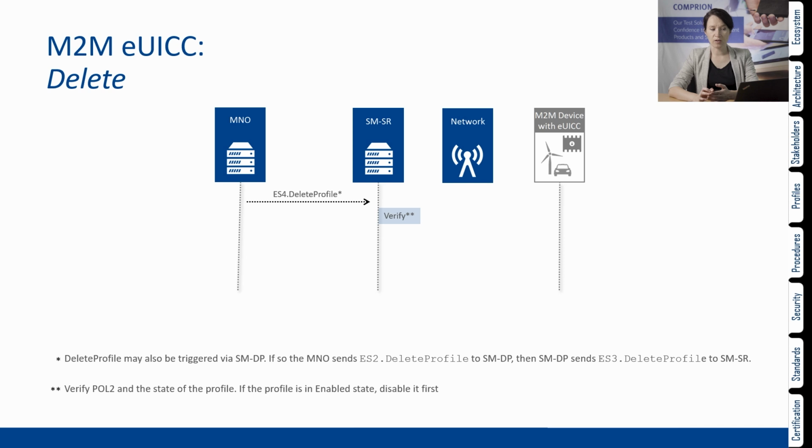In the next step, after receiving this delete profile command, the SMSR will verify the policy 2 and the state of the profile. If the profile isn't in enabled state, then it has to be disabled first. So if everything goes fine, then the delete command will be sent to the EUSSC. The policy 1 will be checked, and if it's all okay, then a positive response will be sent back to the SMSR. And the EUSSC information set will be updated. Finally, the delete profile result will be sent to the operator in the same way how it came to the